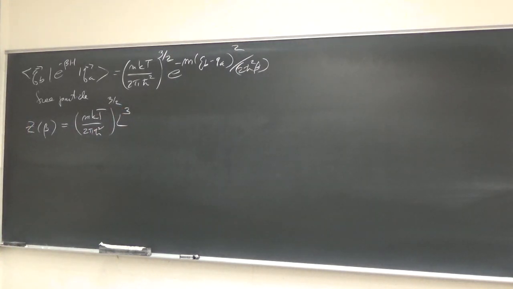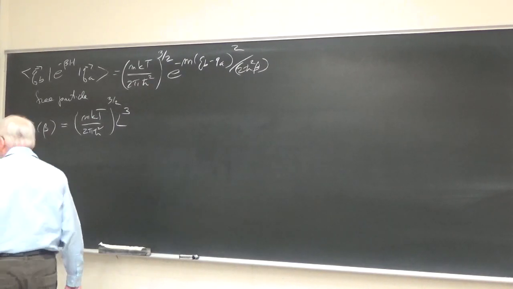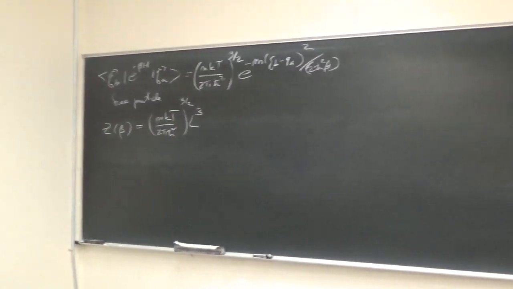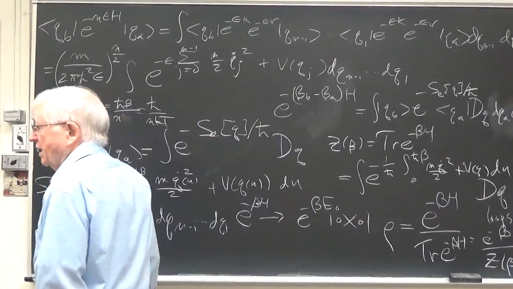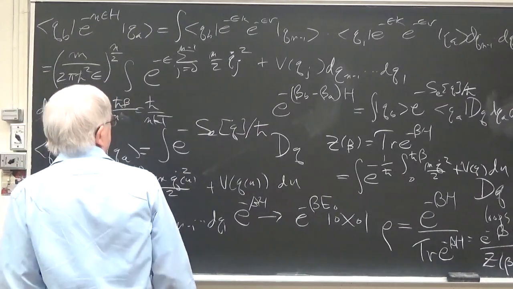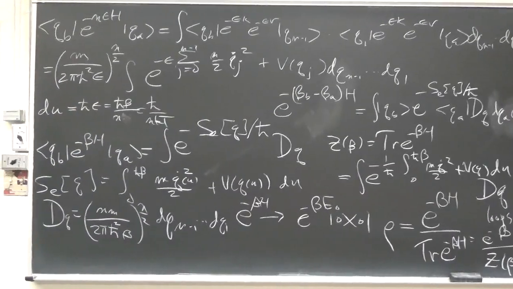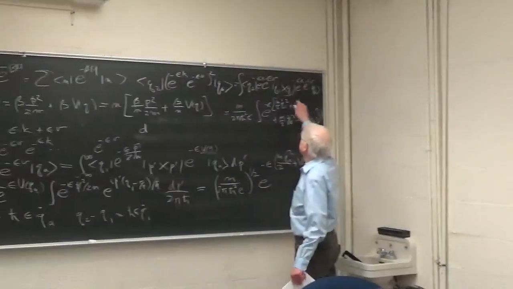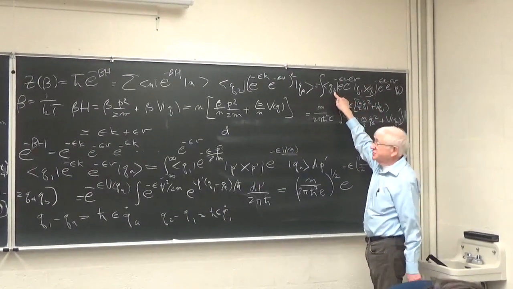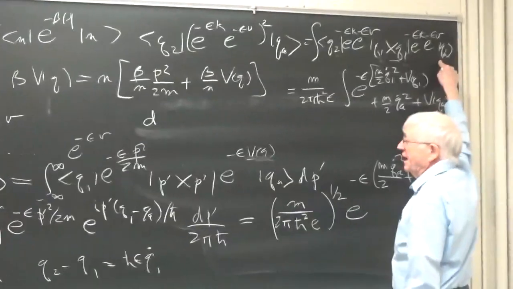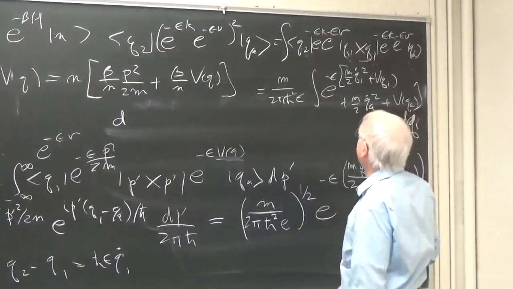By the way, it now occurs to me why it is that we have these h bars popping in. If we'd been doing this in natural units, of course, we wouldn't have seen the h bars, but they're actually there. And the reason they're there is, let's see, where's the first place where they come in? I think it's over here. So the way in which the h bars come in is when you have the matrix element of q2 with q1 and q1 with qA. These are phase factors